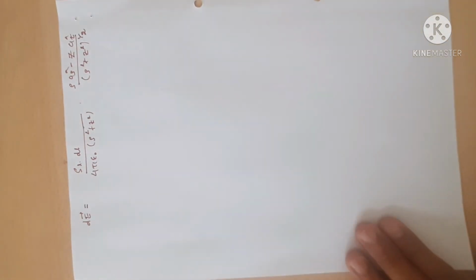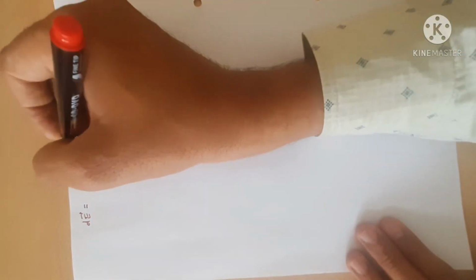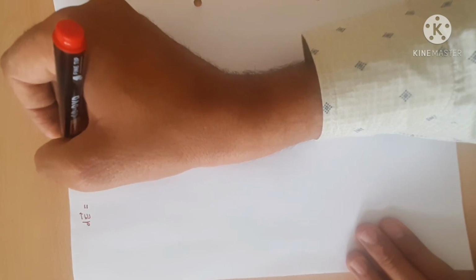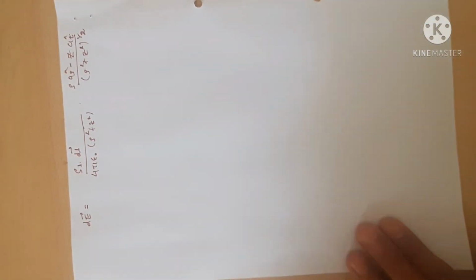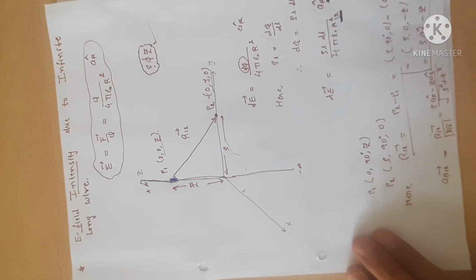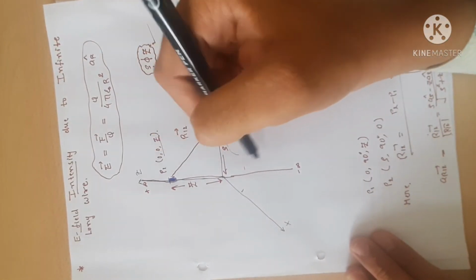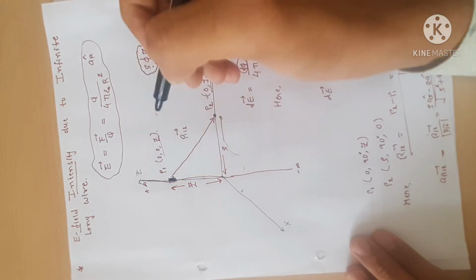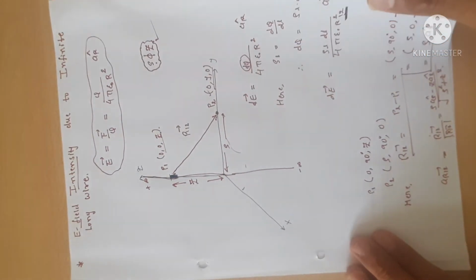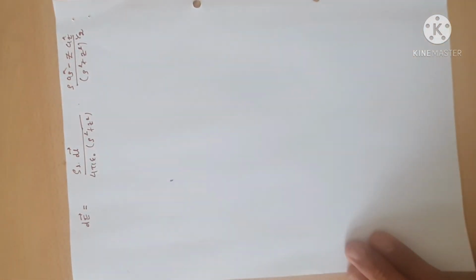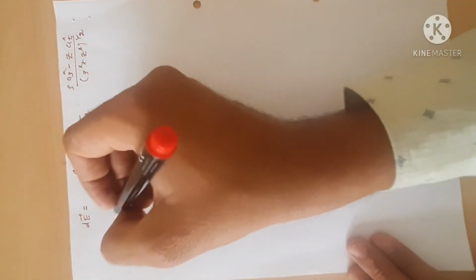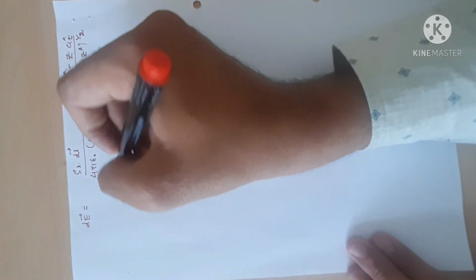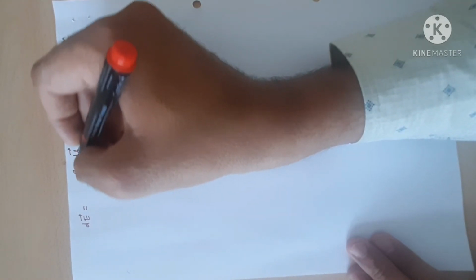Fine. Now as we know that this is a vector quantity because dl length is a vector quantity. And where we have to consider length? As you see, this infinitely long wire is present on the z axis. dl means this length, this much length. So the infinitely long wire is present on the z axis, so this length is also on the z axis. So dl is dz into az. Fine. So I have to write, what is dl?